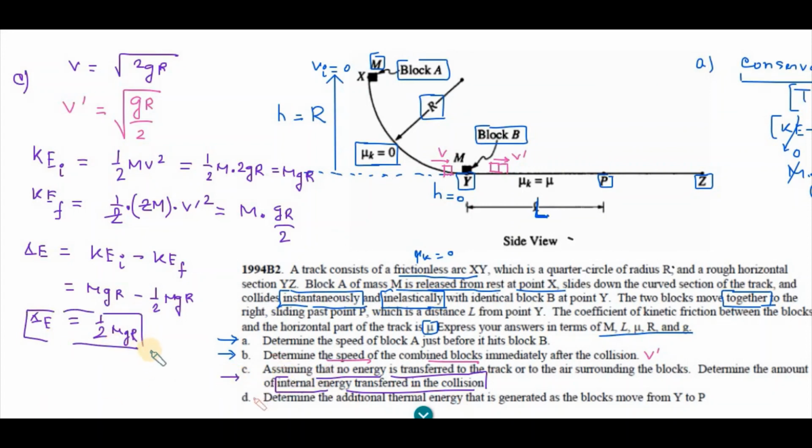Here it is better to say it will be negative half mgr, because I have taken kinetic energy initial minus final. In that case we will say that this is the amount of energy loss from the system. So technically after the collision, since the velocity becomes v prime, the combined velocity, there will be a certain amount of loss due to the inelastic collision, and that loss can be represented by half